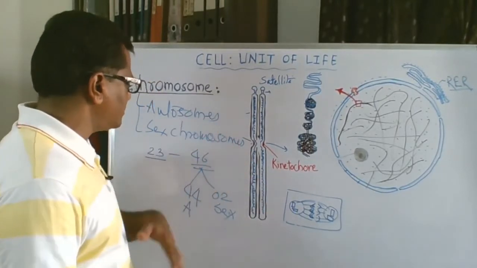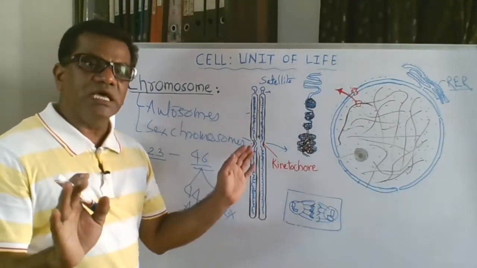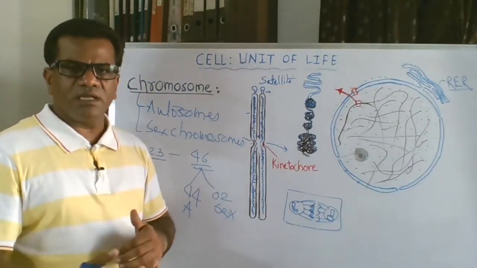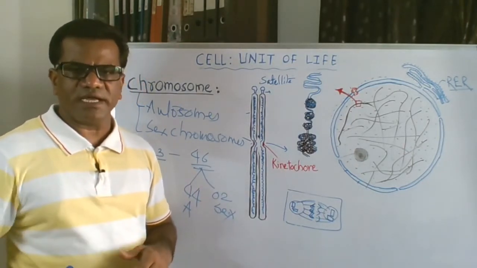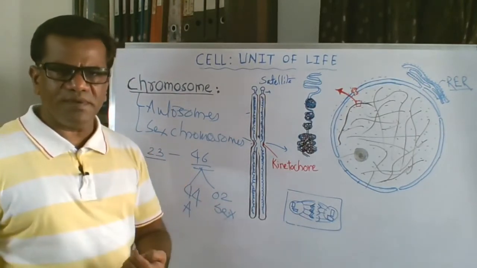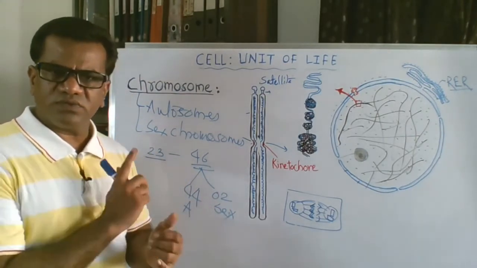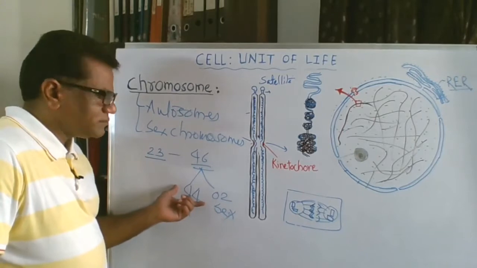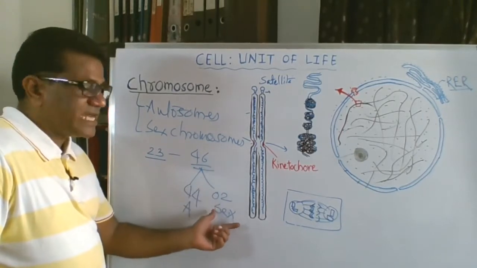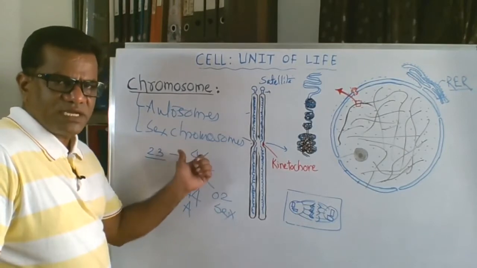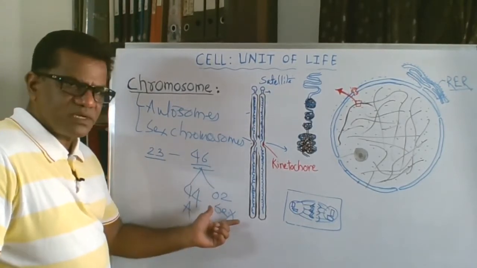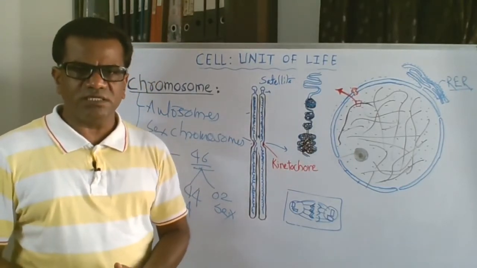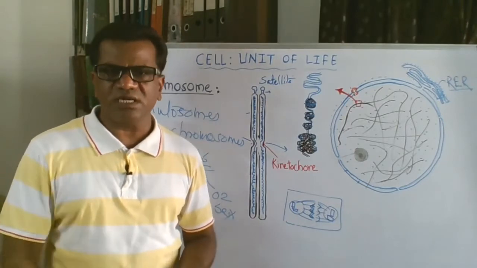In the case of human beings, sex chromosomes are always only 2, since they are found in diploid organisms. Maybe in birds or in insects it differs, but in human beings, they are only 2: X and Y. We know that XX is the combination in females, so 44 autosomes plus XX. If it is a male, then 44 autosomes plus X and Y. We will talk about this in sex determination, XX-XY, ZZ-ZW, like that.